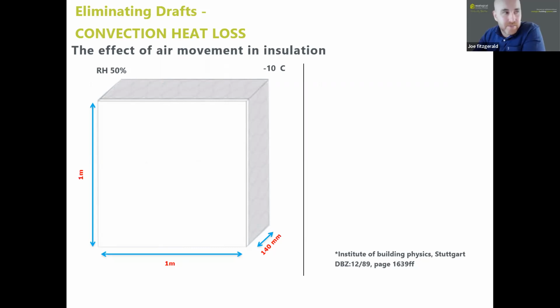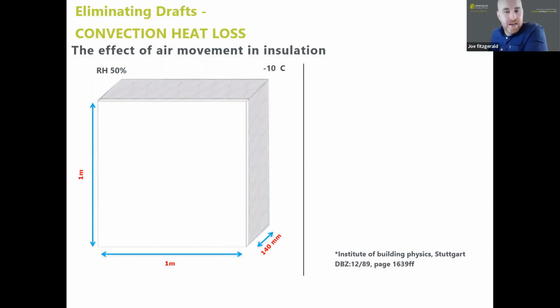How conductive is the material? And therefore, if you've got a good U value, it must be great at preventing heat loss. But there is another way of looking at it, and that's through convection. So they've known about this for decades in the Institute of Building Physics in Stuttgart, and they study this in their labs. One such study that they carried out was they took a 6-inch piece of insulation and